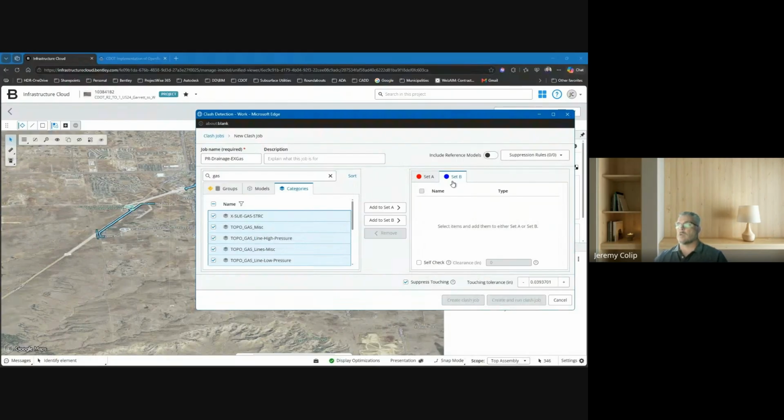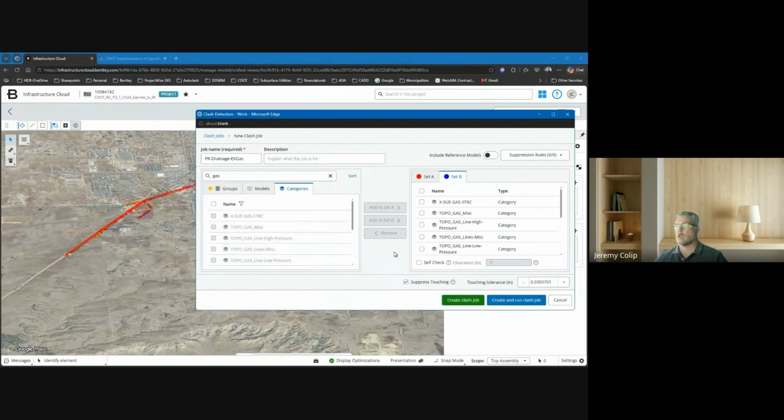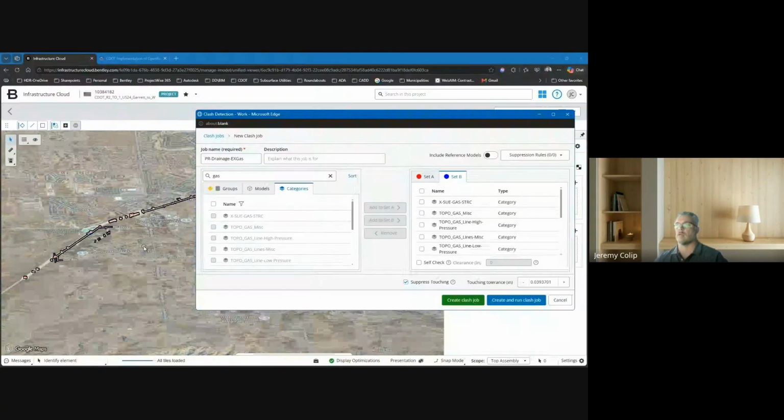So with the gas, I'm going to add that to set B. So I've put those together, and you can see what it does is it starts to highlight, and you can see there's blues, there's reds. So it starts to go through and look for all of those different elements that I've selected for set A, that I've selected for set B. What it'll do now is I can create and run a clash job, or I can create a clash job. There's also in here where you can see